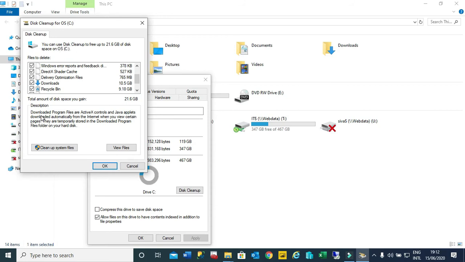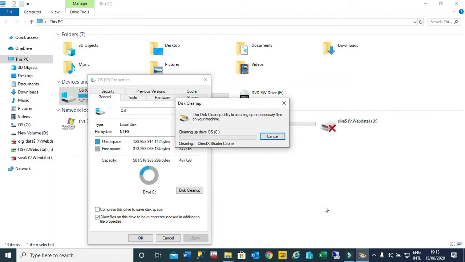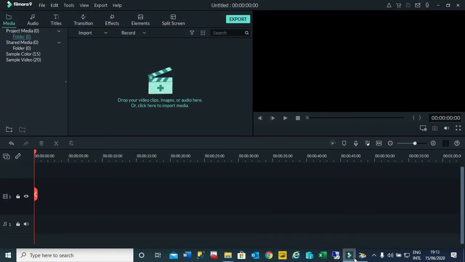What Microsoft says is that all these files being deleted are not going to cause any problem in your laptop or PC operating system, and you can go ahead cleaning up this 21.6 GB whenever, after 3 months, 6 months down the line, as it keeps on increasing. So it cleans up all the temporary and junk files. So let me do it. I'll just say OK and I will delete all these files. This will take some time, so we'll come back in a short time.